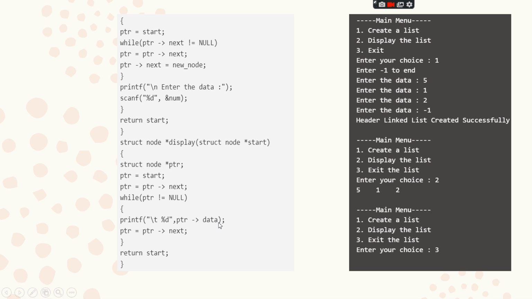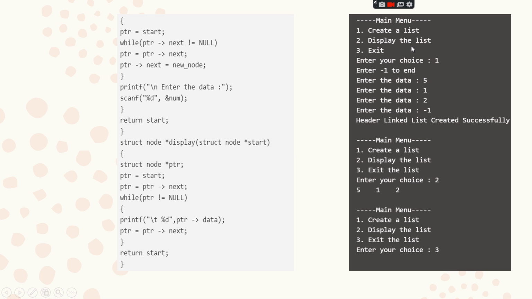So the data will be displayed, and simultaneously the pointer will point to the next node, and return start. The data keeps displaying until it reaches -1, that is, the end of the linked list. So this is how the output looks.